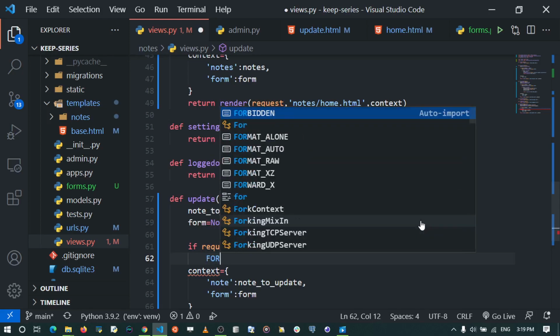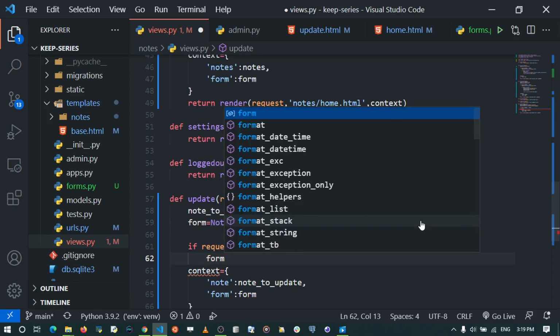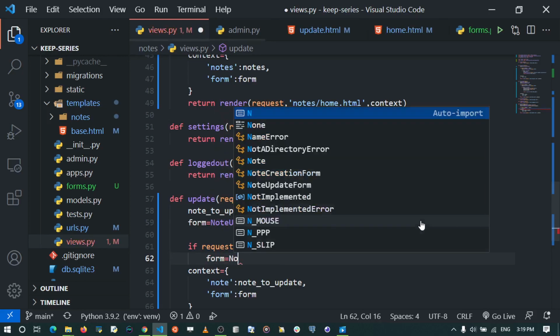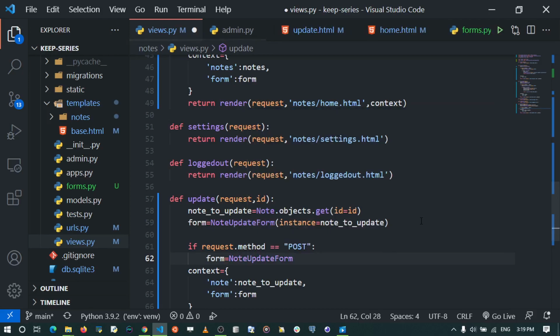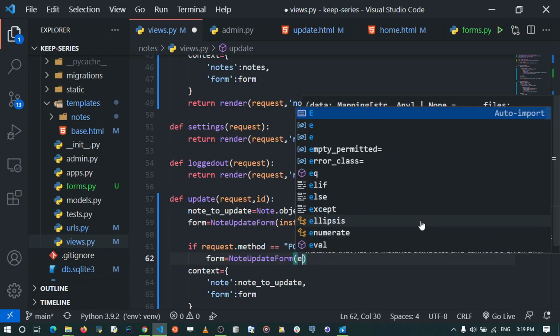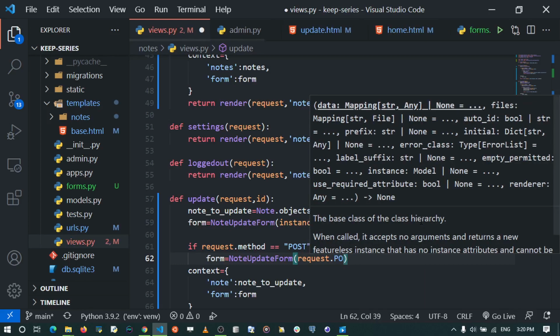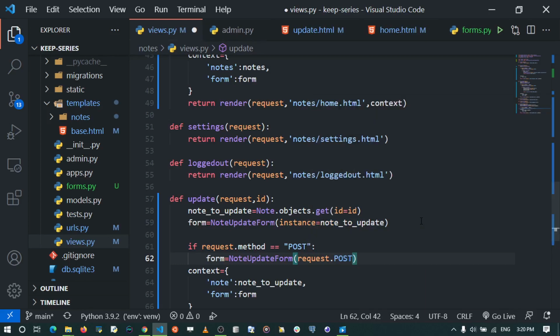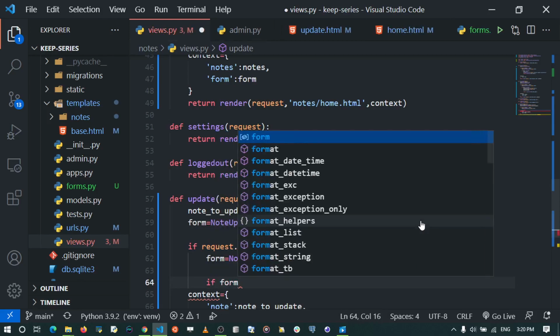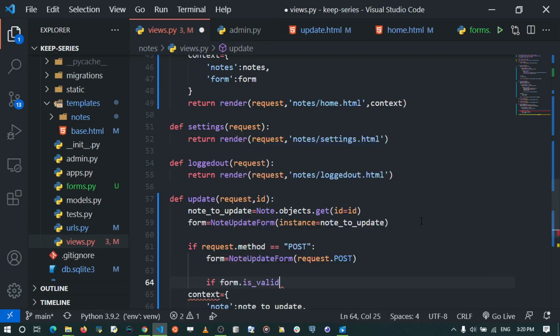So I'm going to say form is going to be equal to note update form, and it's going to have the data that comes with the post request. So it's going to be request.POST, and if the form is valid, so if form.is_valid,